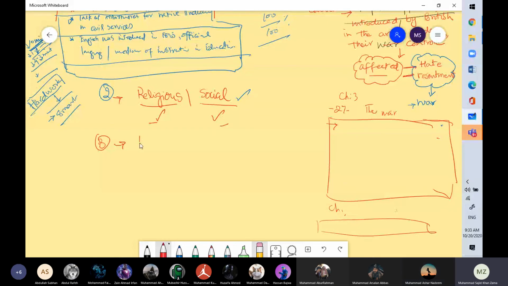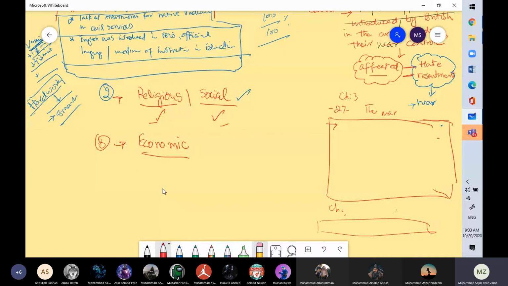What measures did they take here, which resulted in hatred, resentment, and war? First of all, British traders had a great advantage over the Indians. How? The British imposed heavy taxation on Indian products, whereas British products would freely move, with no taxes on them. Number one. Secondly, British